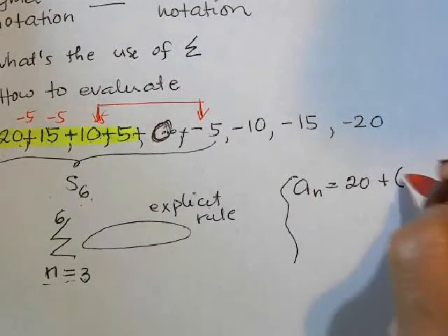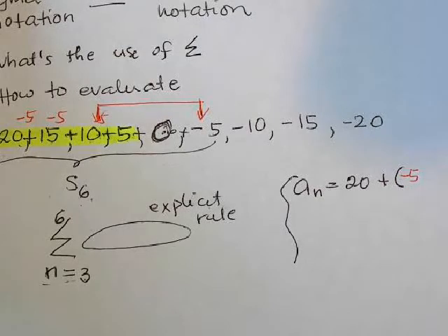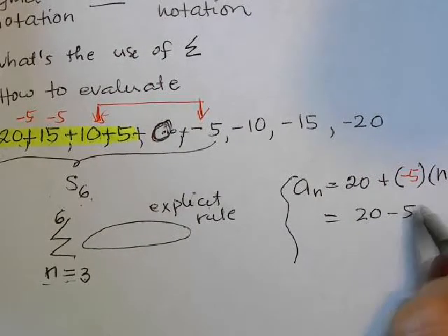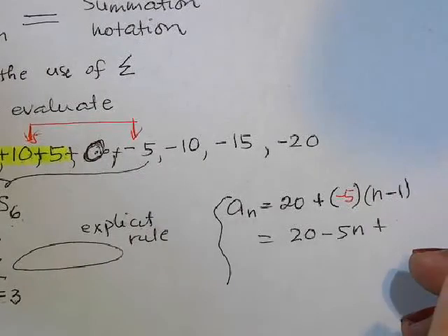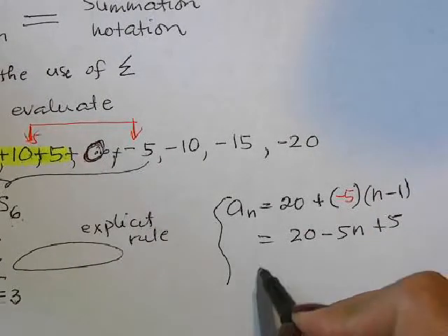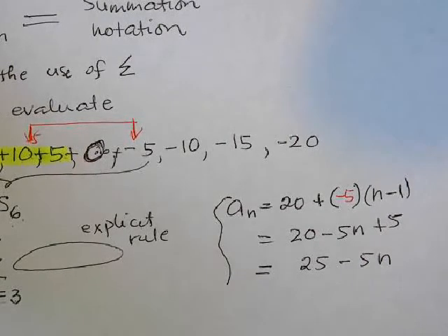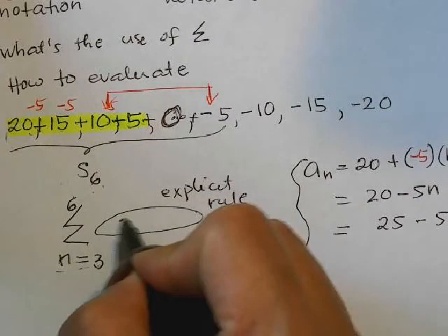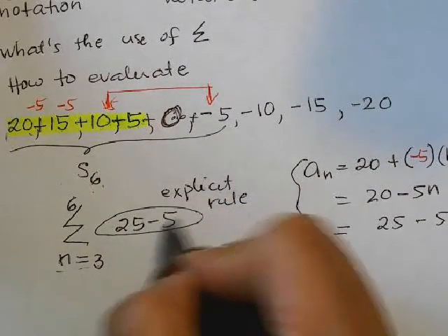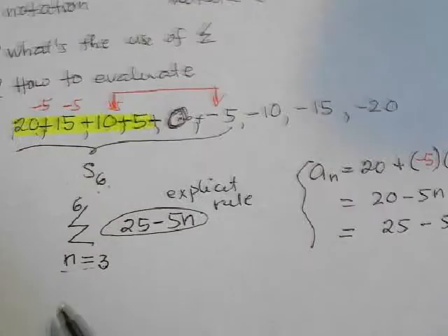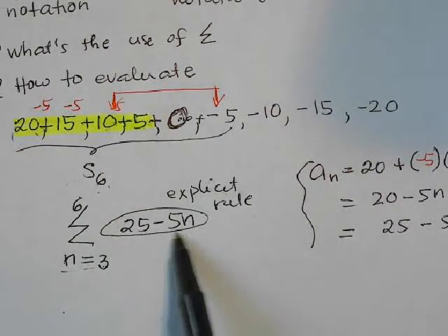Okay, so negative 5 multiplied by n minus 1. Okay, so that would be negative 5n plus 5. So our explicit rule will be 25 minus 5n. And that is what we're going to write here: 25 minus 5n. Okay? So this is the same as this, but this one is telling you in this sequence,